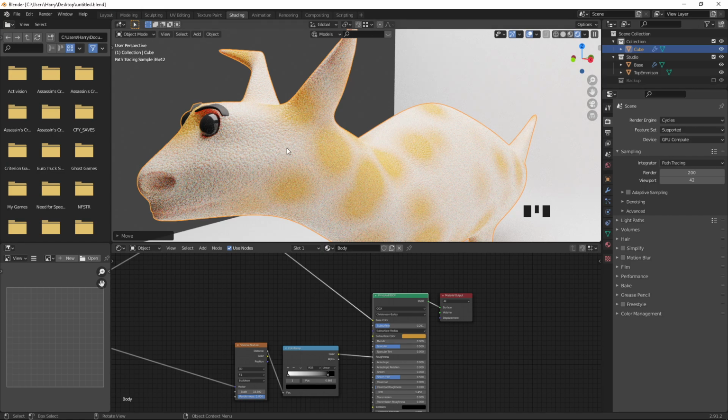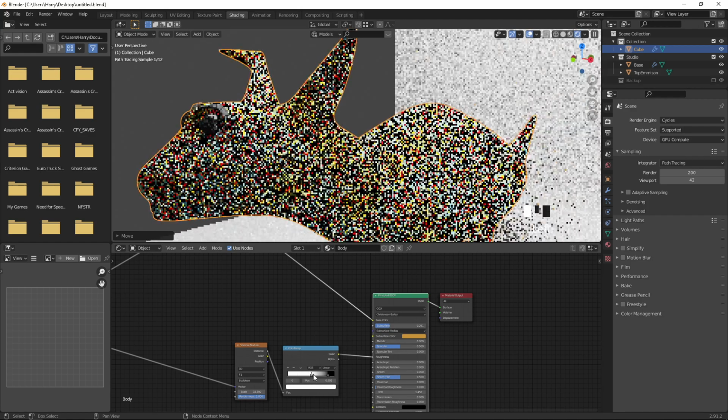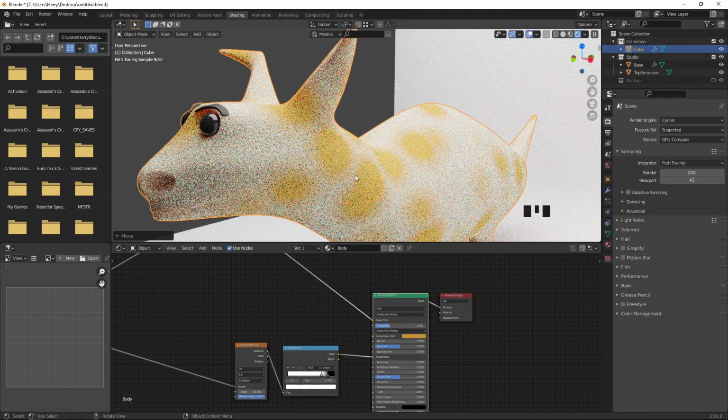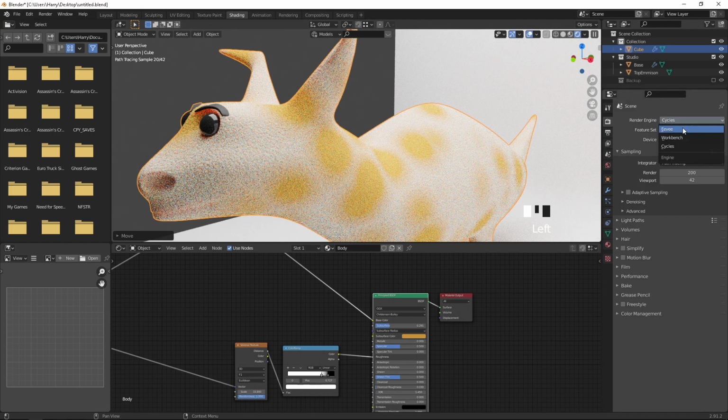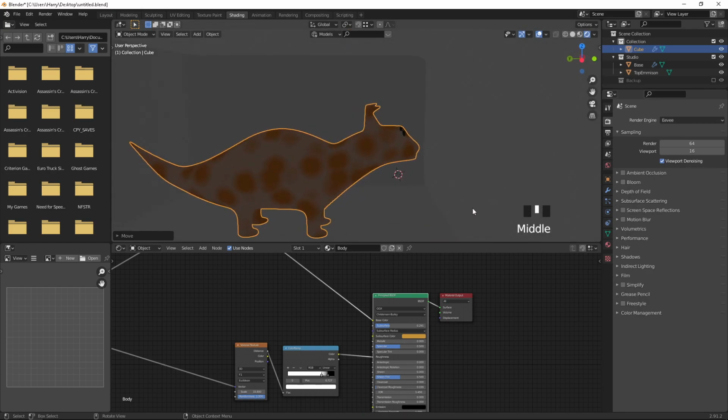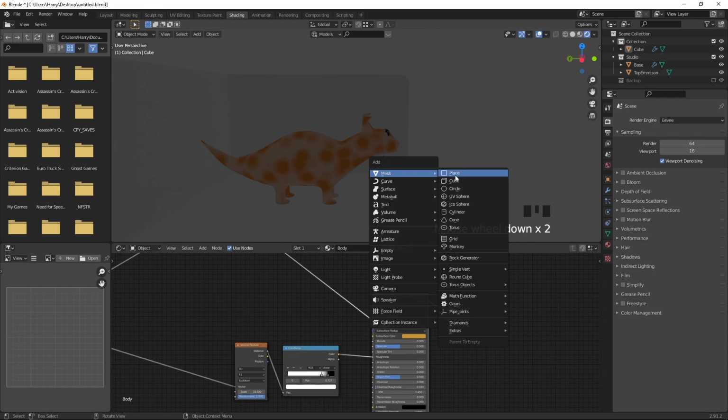Okay, fine. Should I increase this to make it more shiny and see how it looks? So instead of this, we can go for Eevee. That rendering always gives a good response compared to Cycles.